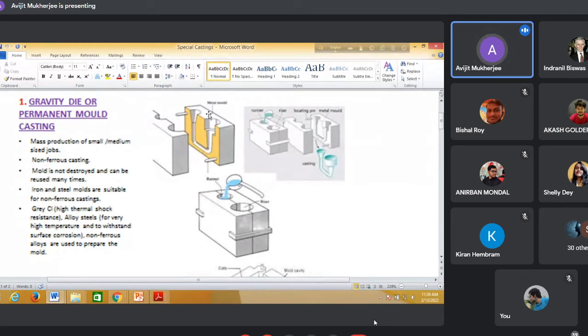Things will be discussed in detail, but from your experience in the workshop, we had observed the video where sprue pins were used to provide one runner through which molten metal will be poured, and one riser. Riser is meant for reservoir, extra material. Why extra material is needed? Because during solidification, metal will shrink,